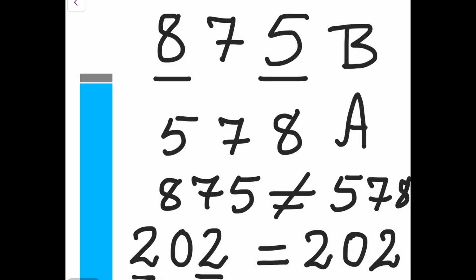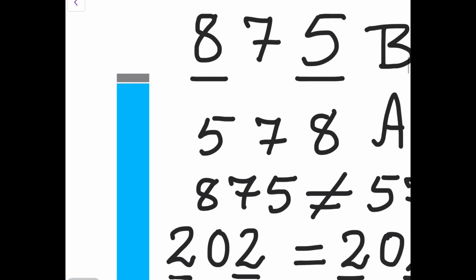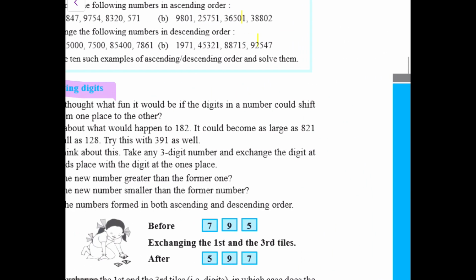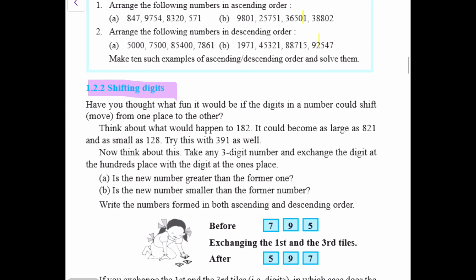That means if you are shifting the same or similar digits of a number, the number before and after shifting will be the same. Now all of you should practice with as many numbers as possible, and you should all